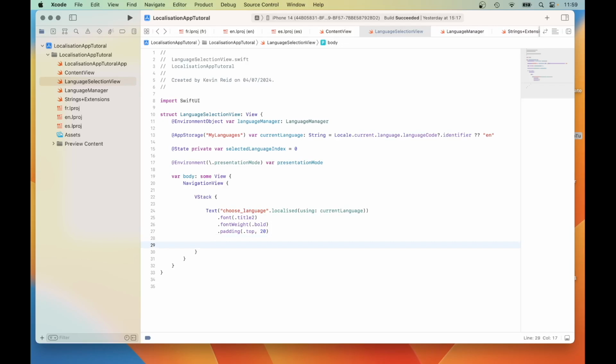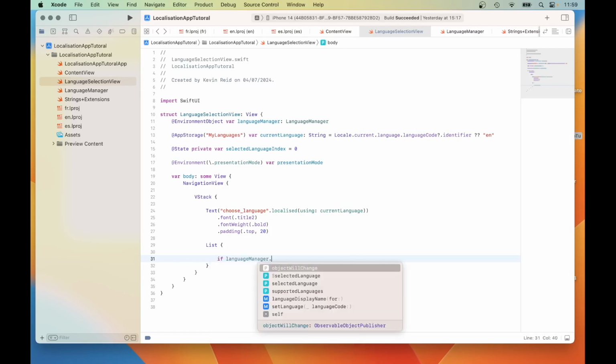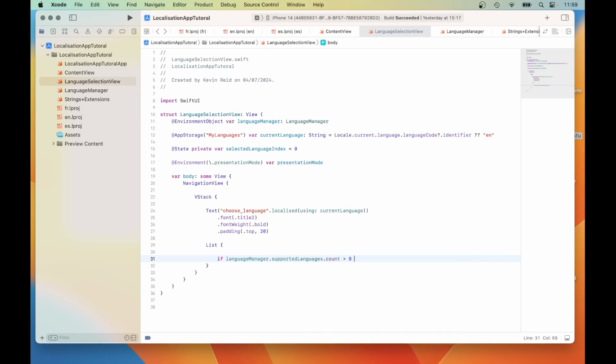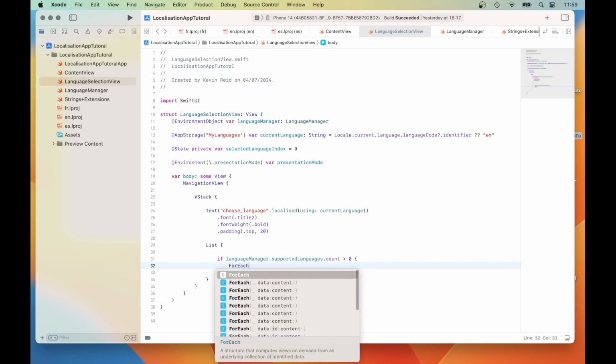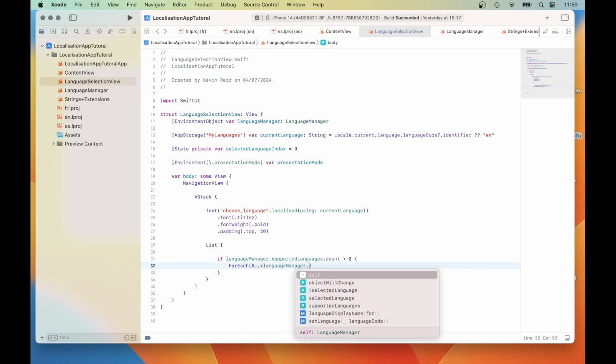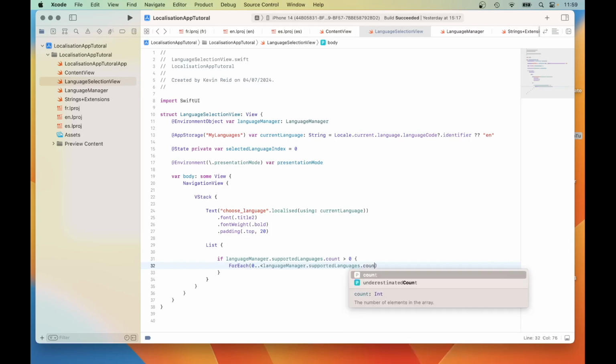And the next thing we need to do is to create a list. The purpose of the list is to display a list of supported languages for the application. If language manager.supportedLanguages.count, so going through the array, is more than 0, if there's more than one language, and for each language in languageManager.supportedLanguages, so going through the array elements,